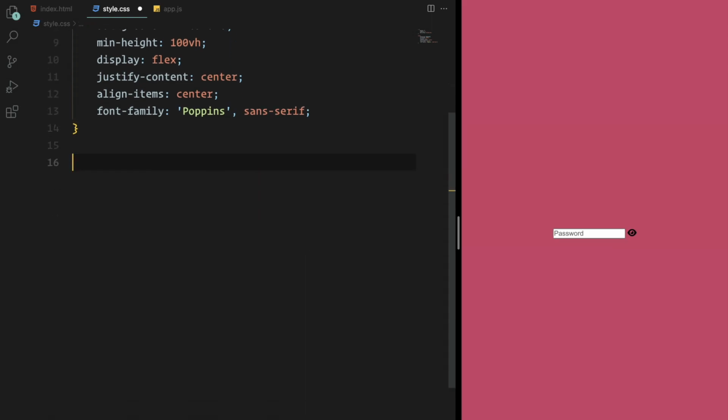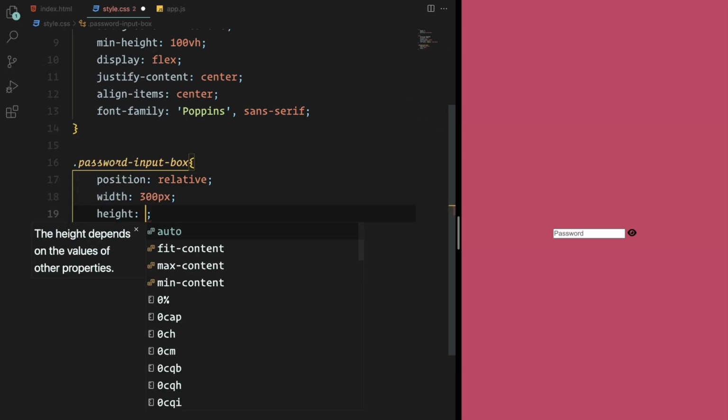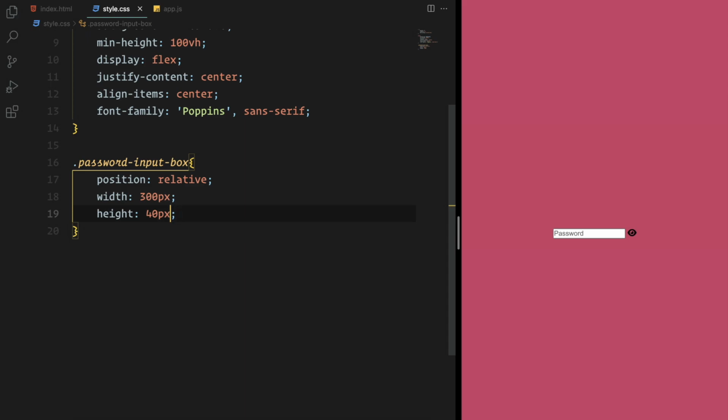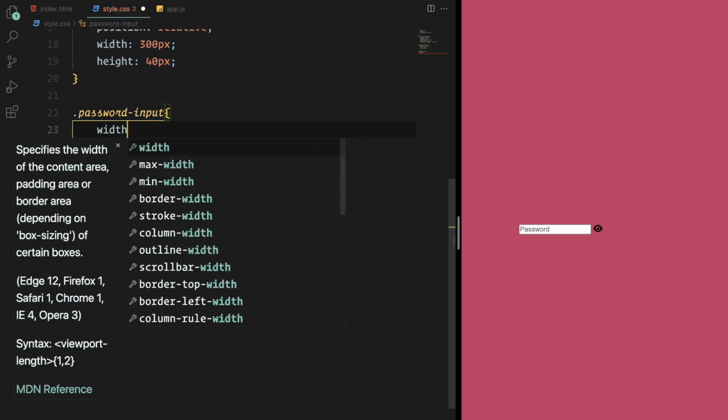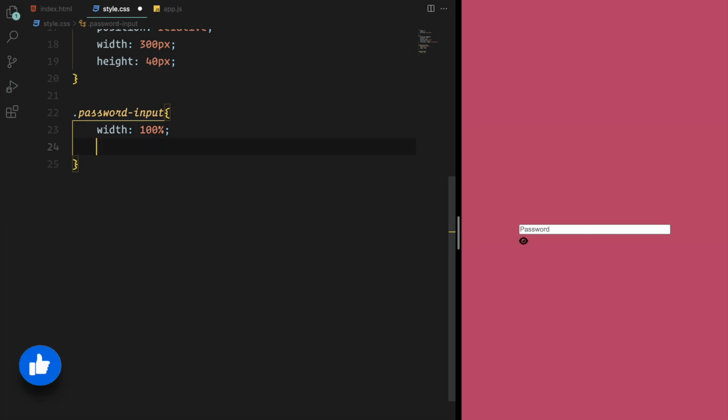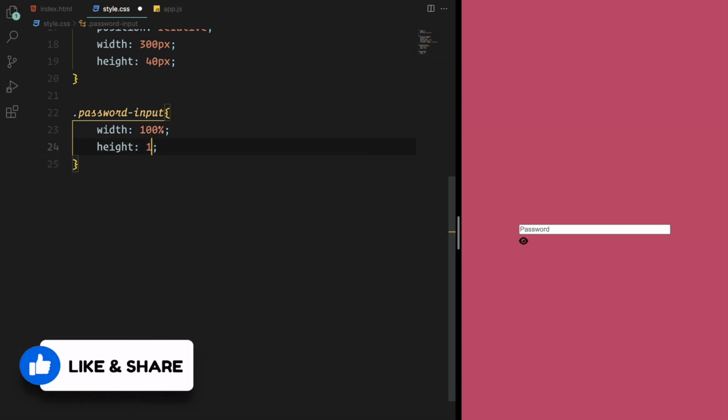Great. Now select the wrapper, which is the password-input-box, and we will give position relative to this because the validation pop-up is going to have an absolute position, and then give a fixed width and height to the wrapper. Now select the input itself using the password-input class, and here set its width to 100% so it will cover the wrapper's entire width and height,